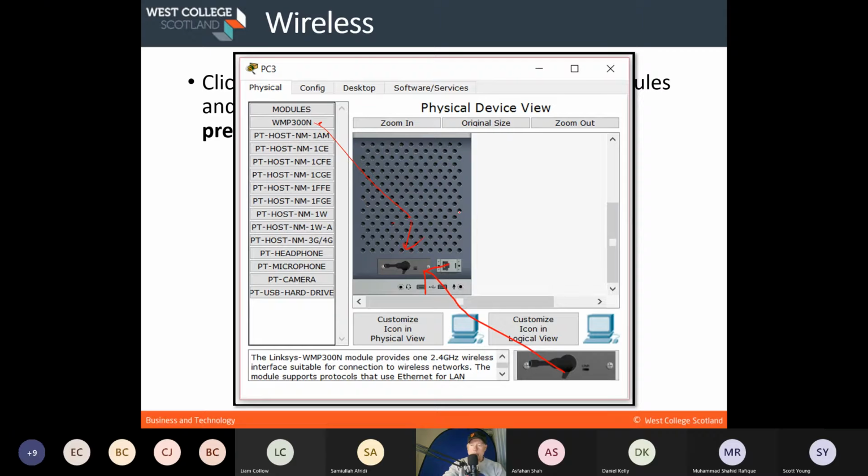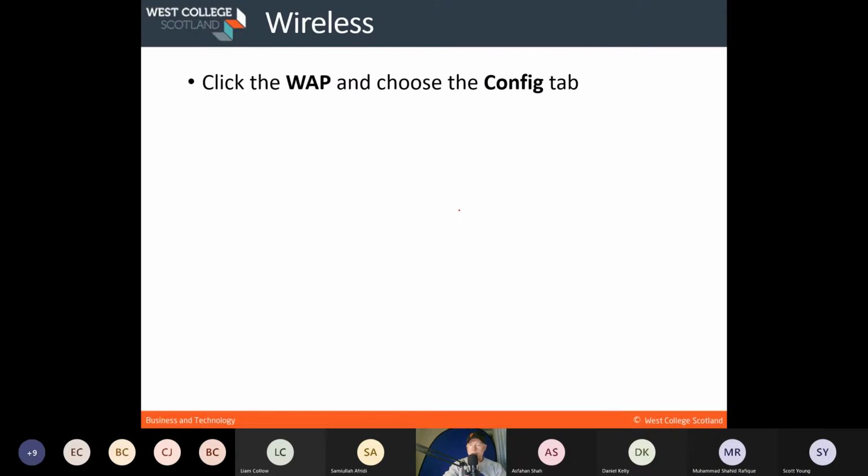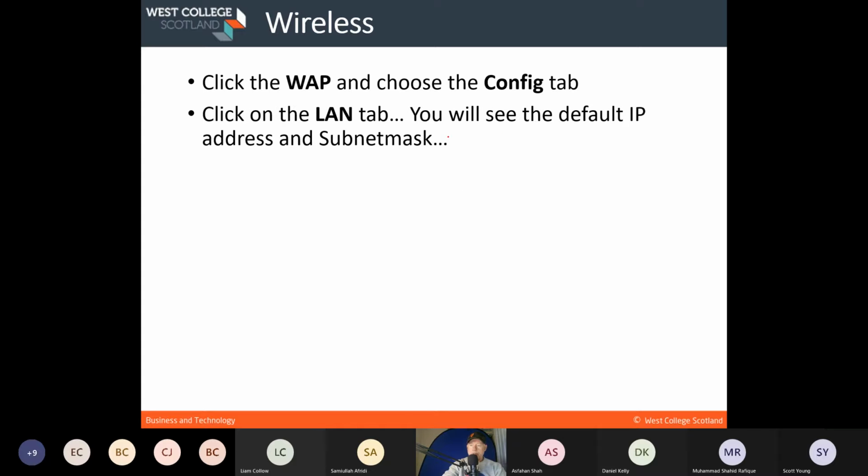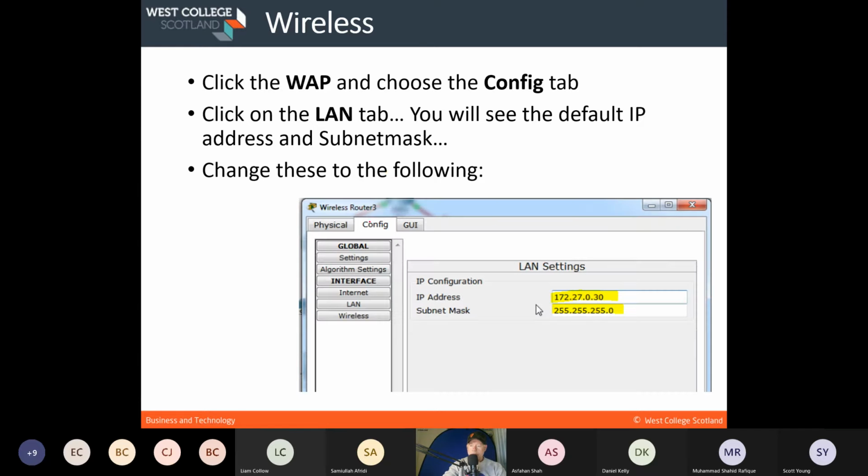And then what you need to remember to do is turn on the PC after that again. Choose the config tab. Click on the LAN tab. Click on the WAP wireless access point. Choose the config tab. Click on the LAN tab, and you will see the default IP address and subnet mask. Change these to the following. So here we are. Wireless router. Config tab. And then you'll see the IP address and subnet mask in there. Change it to